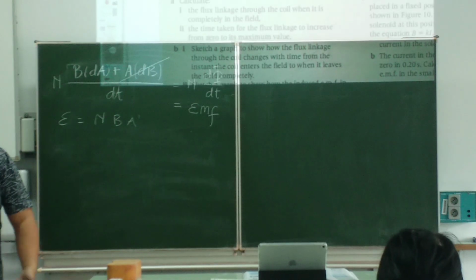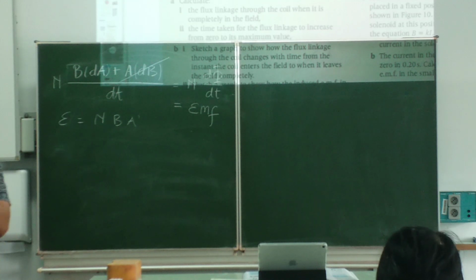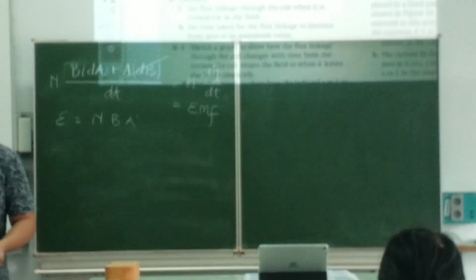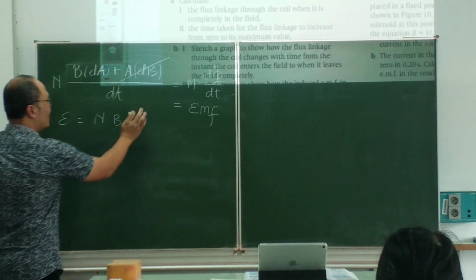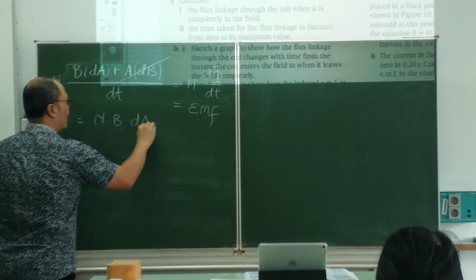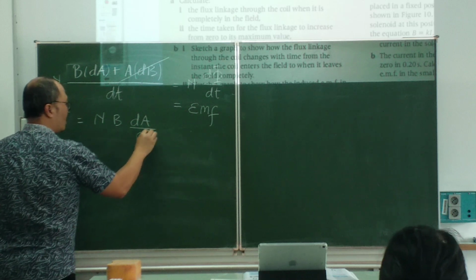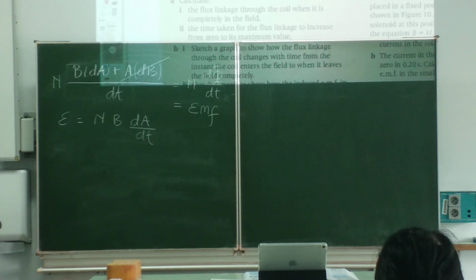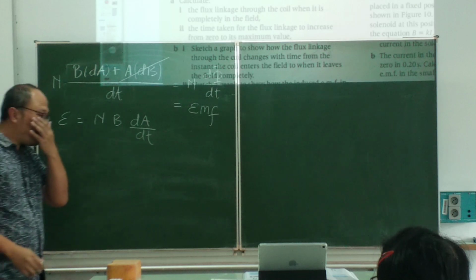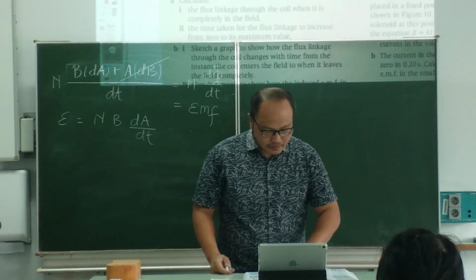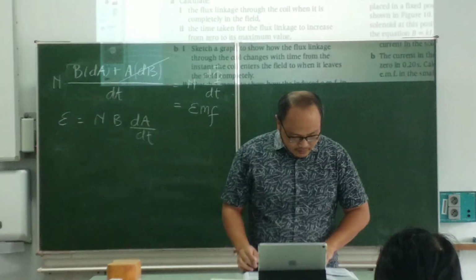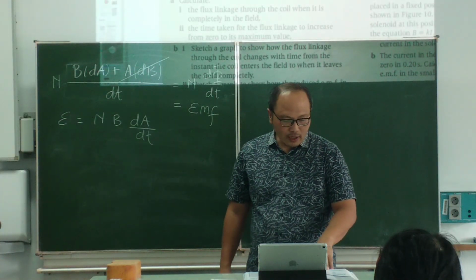Differential of A, changing of A in time. dA over dt is just differential of A. NBA, but A accent. Correct, yes? Or I don't want to put you under hard pressure with math, so I'm just writing NBA. Correct? Remember that? And then it helps you with further calculations, NBA, dt, and then you come up with